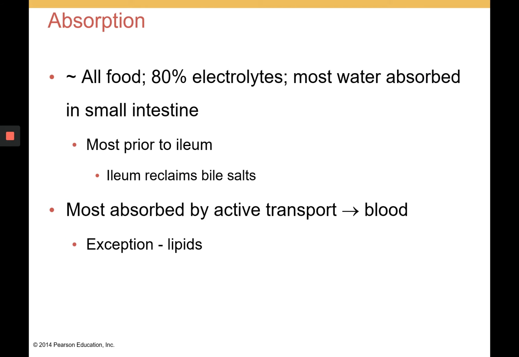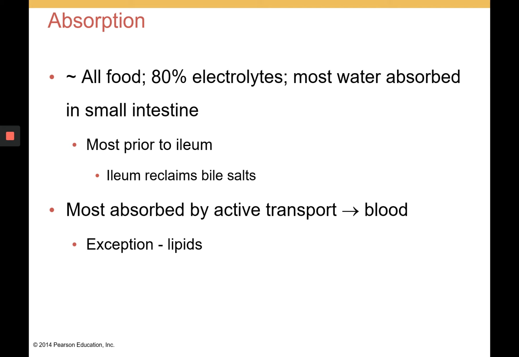Next, we're going to look at the absorptive properties of the small intestine. So all food and 80% of electrolytes, most water, all of that's absorbed in the small intestine, and most prior to the ileum. So we're going to see most absorption occur before food or chyme reaches the ileum. But the ileum does reclaim bile salts, so it is involved in the enterohepatic recycling of bile salts back to the liver and gallbladder. Most things are going to be absorbed through the enteric epithelial cells by active transport, and